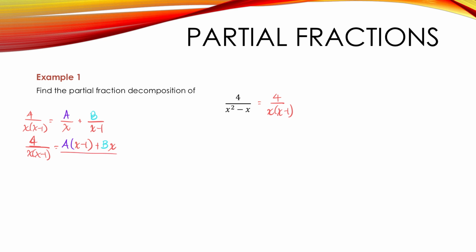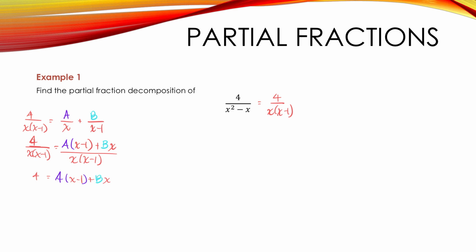And this is all divided by x and x minus 1, which means by the definition of equality that 4 has to equal a times x minus 1 plus b times x,